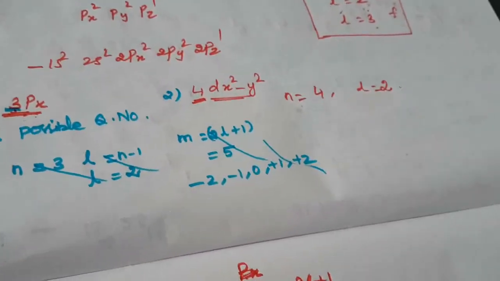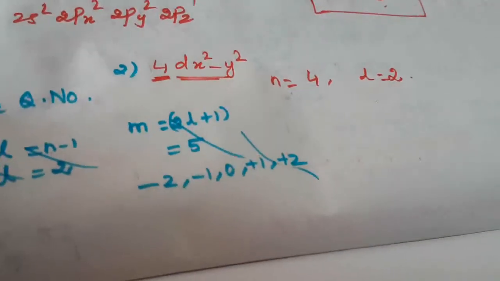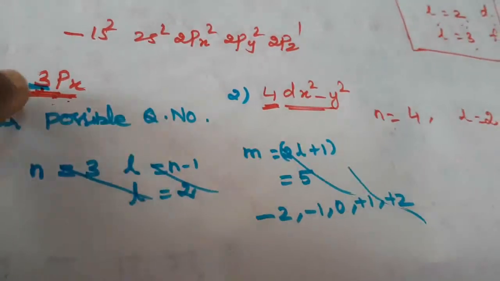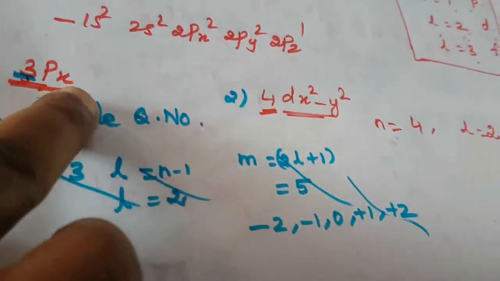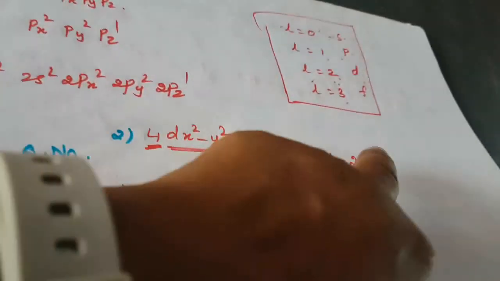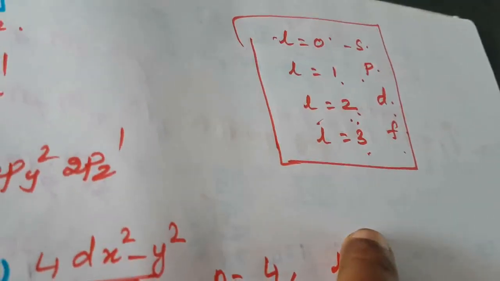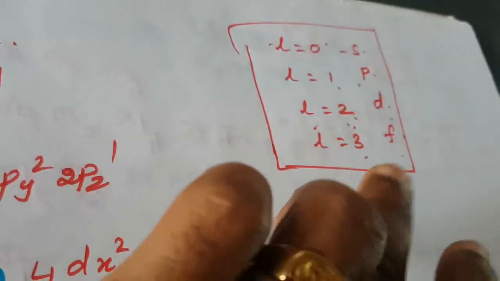This is your book back question, question number 32. What is the l value and the n value? If the question is given, you can easily write. The number indicates the n value. This indicates the p orbital, whether it is px, py or pz. Here l is equal to 0 means s orbital, 1 means p orbital, 2 means d orbital. Okay, so this is another one.